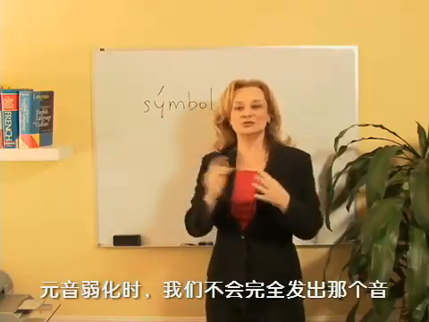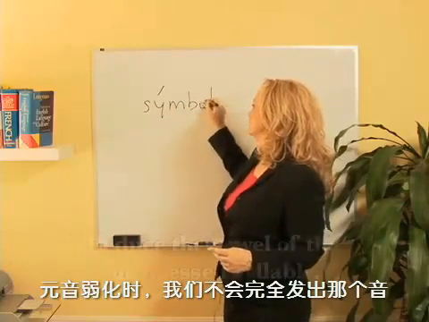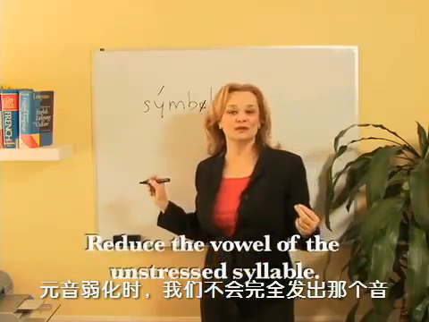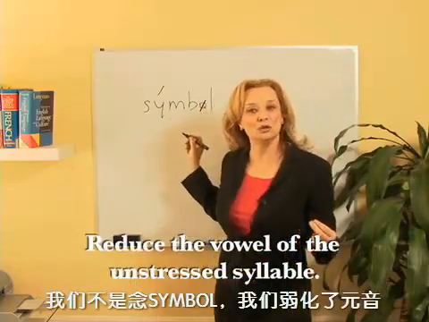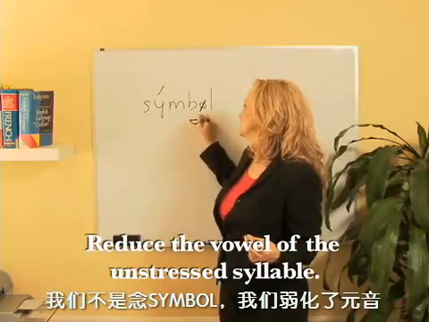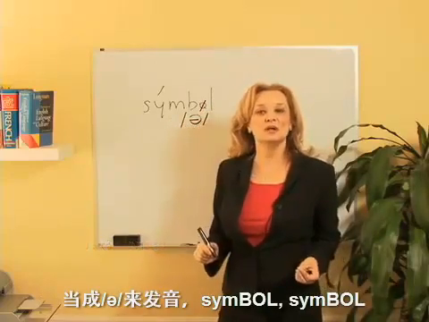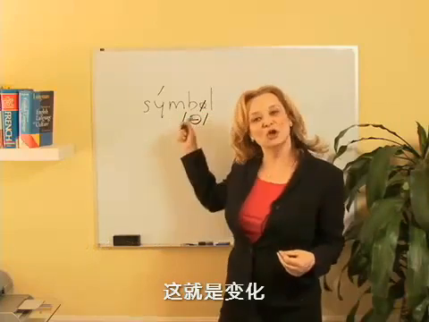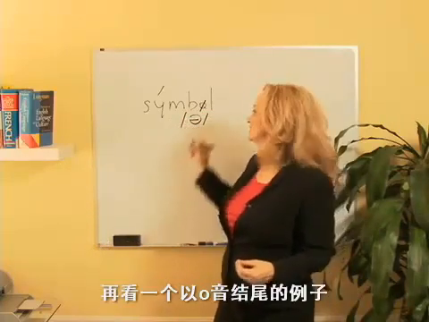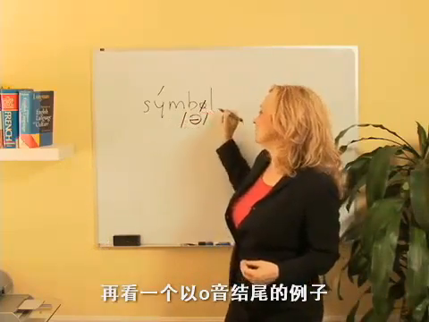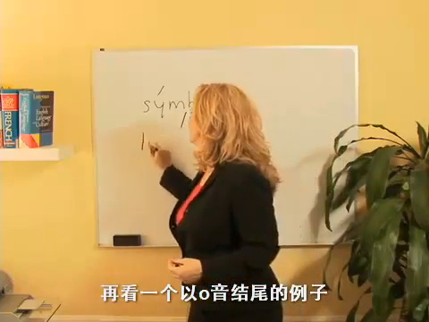When we have a reduced vowel, we don't pronounce it fully. We don't say symbol. We reduce it and we pronounce it as a, symbol, symbol. So the O changes. Let's look at another ending with O. For example,